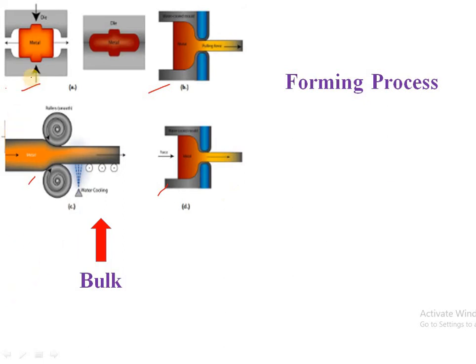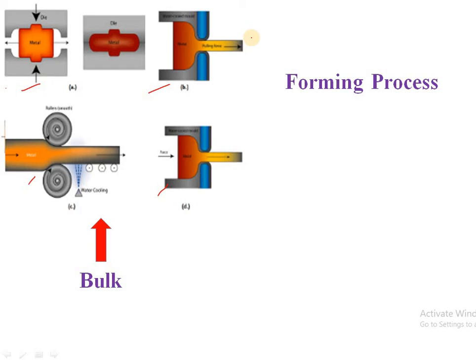So the first process is forging, in which the raw material is kept in between the two dies, one is fixed and another is movable, and the pressure is applied from the upper side. Now this raw material is initially heated, or sometimes it is also cold. Next process is drawing, in which a pulling force is applied on the raw material, and this material is allowed to flow from this die opening. So material is pulled out, and this is the obtained product.